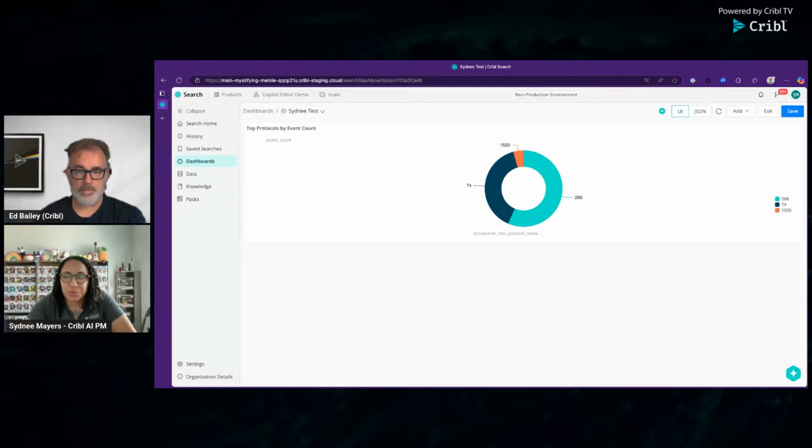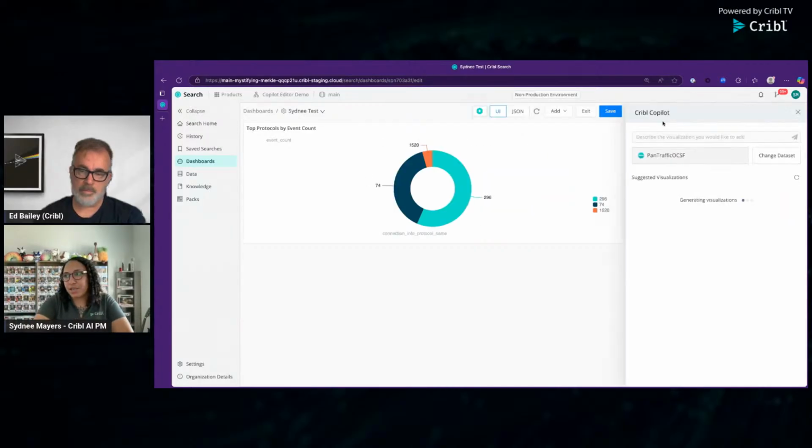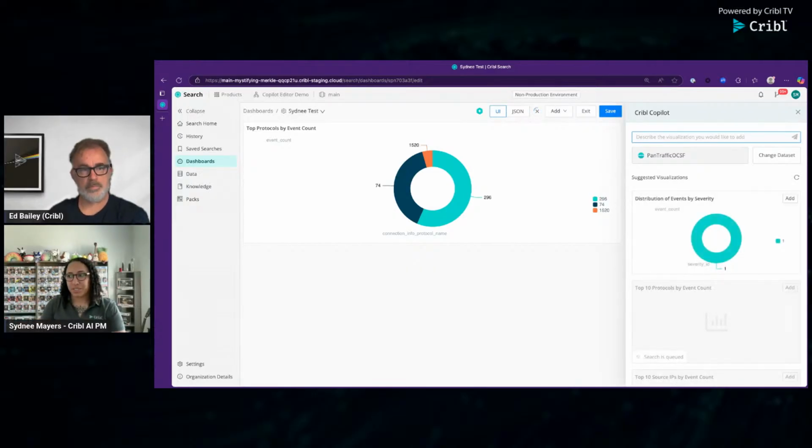Absolutely. So we can go in and customize both through Copilot and just in general. Like if I wanted to come back in here, you'll see my little Copilot button here. I can come back in here and describe what type of visualization I'm looking for. So it'll do the same thing. It'll give me 3 suggestions based on what we have, but maybe I want something specific. So let's just say, show me all IP.